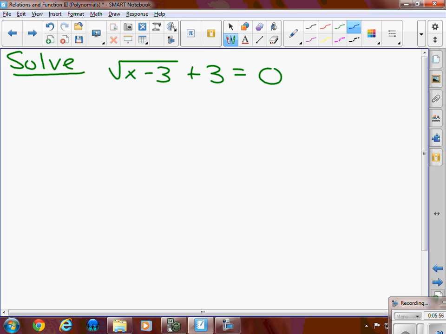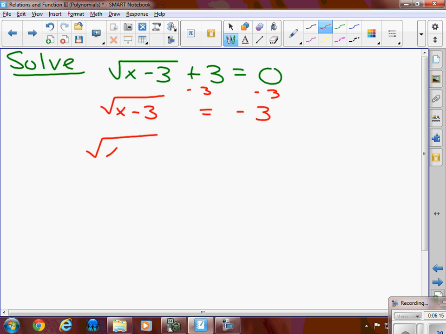Same thing. We're going to try to start isolating the radical. We just subtract the 3. We take away the 3 from both sides. And we get the root of x minus 3 equals negative 3. Then